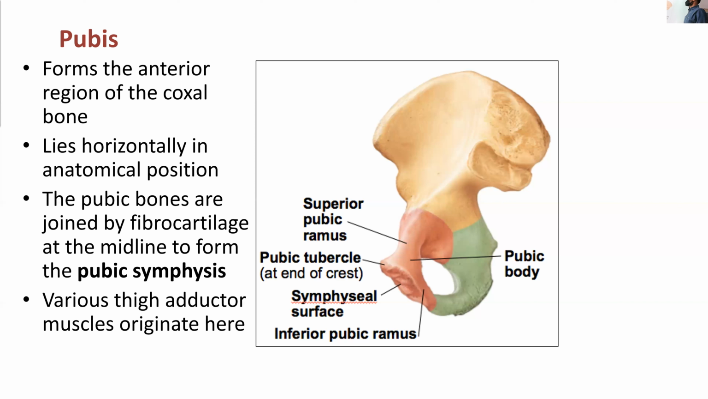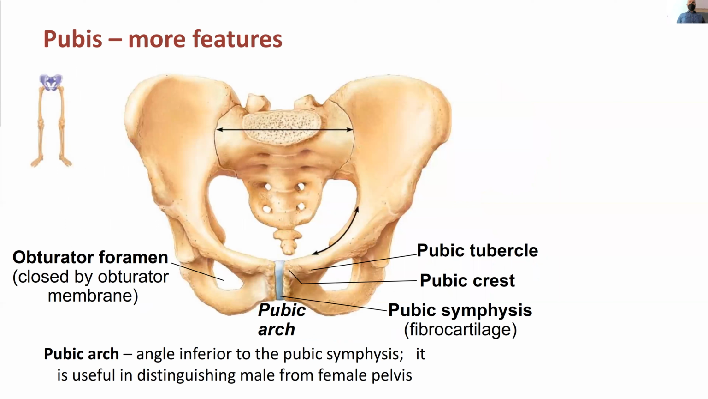What else did I want to say? That's it for the pubis. The important takeaway is we've got these 3 bones. They fuse together, but we still call the parts of the coxal bone based on those original bone names. And so if we put them together, we get